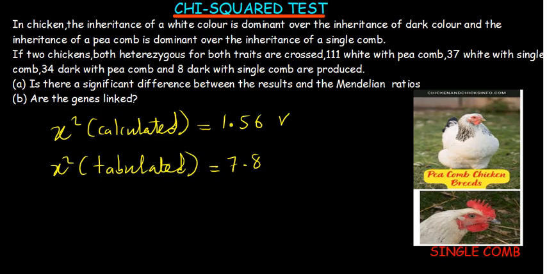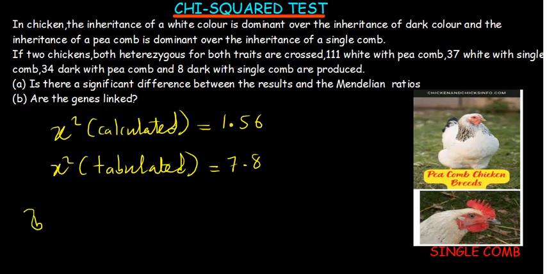In other words, your values are going to be accepted. They are within the Mendelian predicted ratios, because what you've calculated is below the one which is tabulated. And because there's no significant difference between the Mendelian ratios and our calculated values,